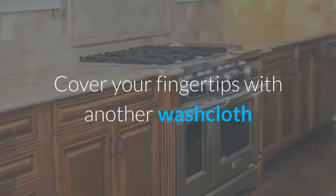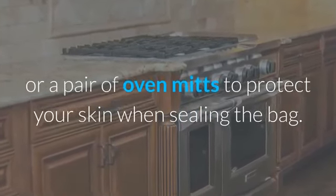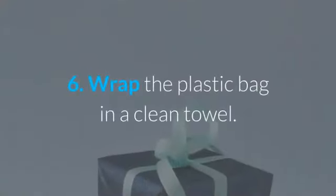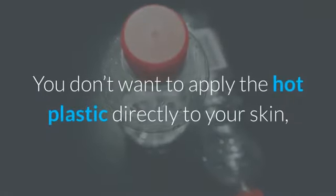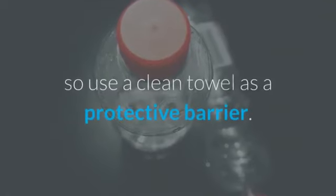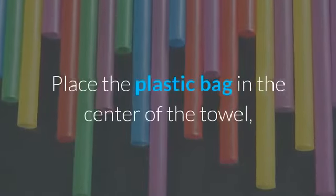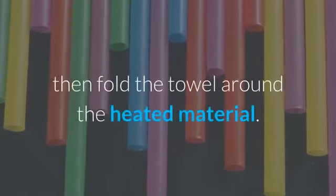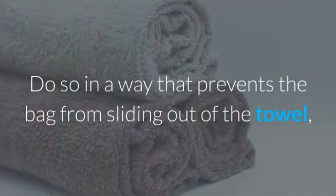5. Seal the washcloth into the bag. When you've microwaved the wet washcloth to your ideal temperature, you want to seal the steam and heat into the bag to prevent it from cooling too rapidly. Again, be careful not to burn yourself. Steam can cause severe burns and it is absolutely essential that you protect yourself. Cover your fingertips with another washcloth or a pair of oven mitts to